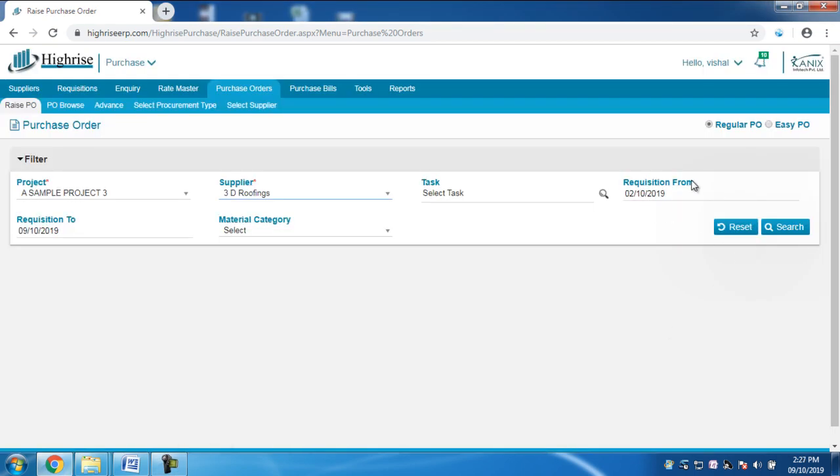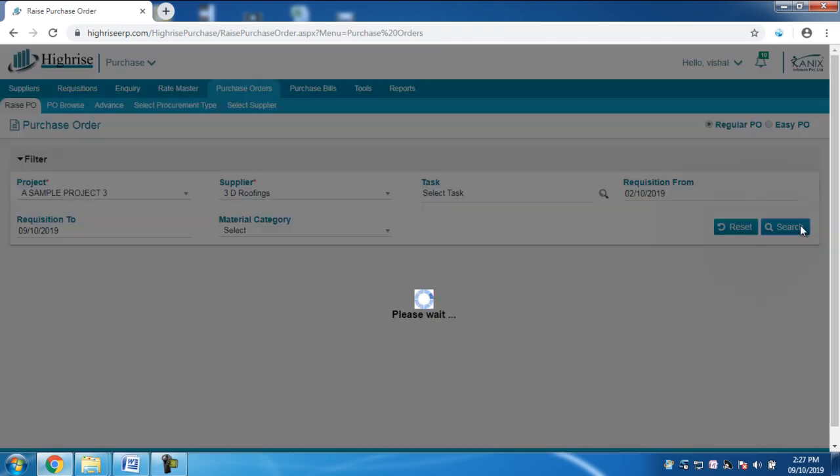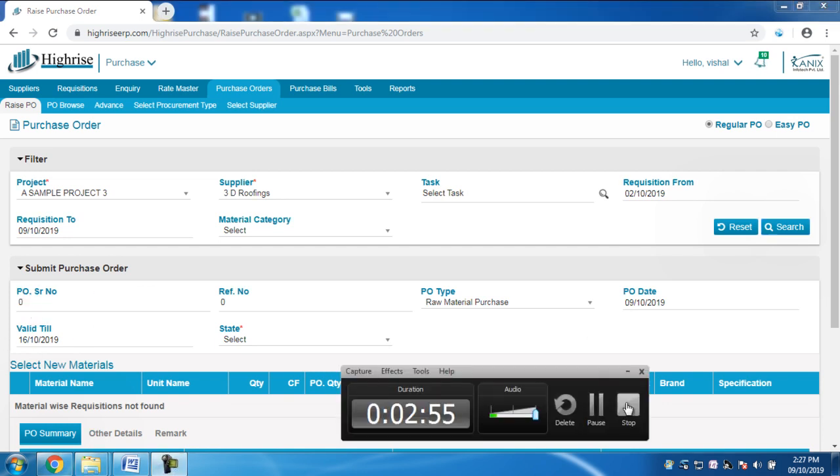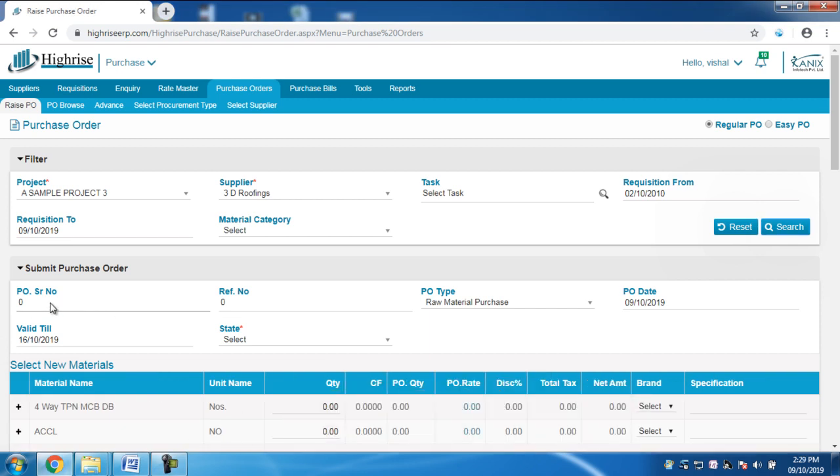The next thing is the requisition from and requisition to date filter, for finding requisitions within a date range. Okay. Next is the material category, where you can filter the materials by material category. Now you have to click on Search to check the requisitions which come under the filters we already applied. Now you can see Submit Purchase Order. Here is the purchase serial number, the PO serial number, which is generated by the system